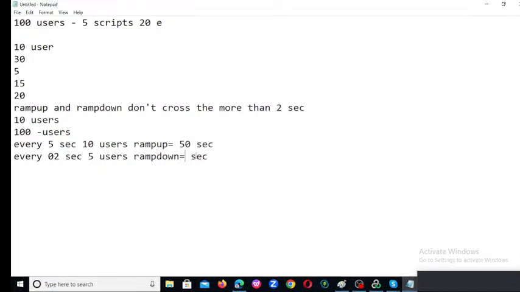Yeah, ramp down I am asking. 40 seconds. See, first thing you take the total users divided by how many users you are ramp upping: 100 by 5 means 20. 20 into 2, 40 seconds. Simple, right? Yeah. 40 seconds. Okay, so